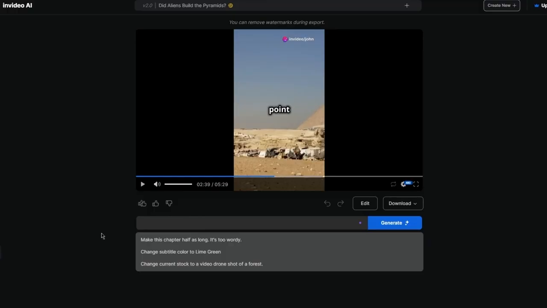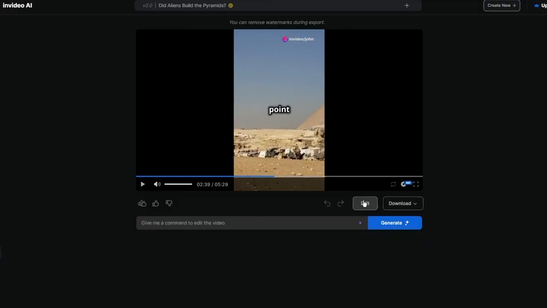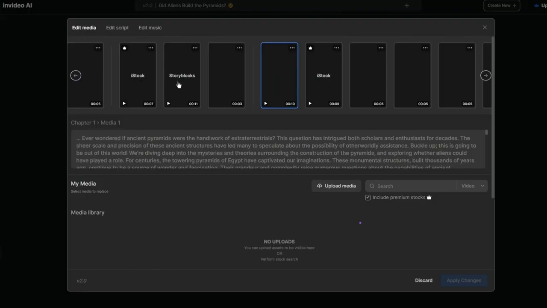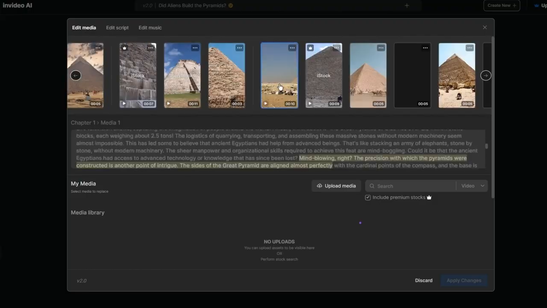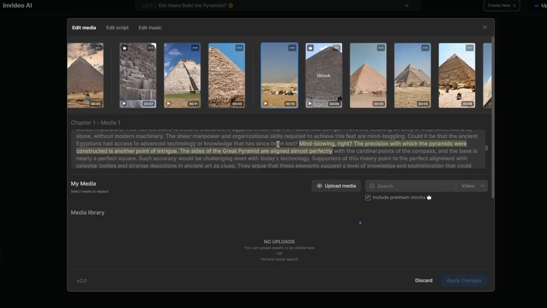Now, you can also go ahead and edit it further on more. So if you click on edit, you actually have this editor opened up. So let's say we have this clip over here, right? And this clip, mind blowing, right? The precision with which pyramids were constructed is another point of intrigue. The side of Great Pyramid are aligned almost perfectly. So let's say I'm gonna